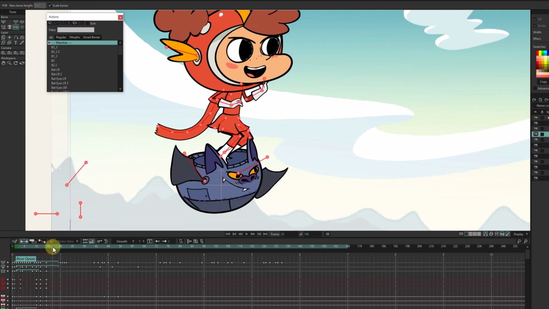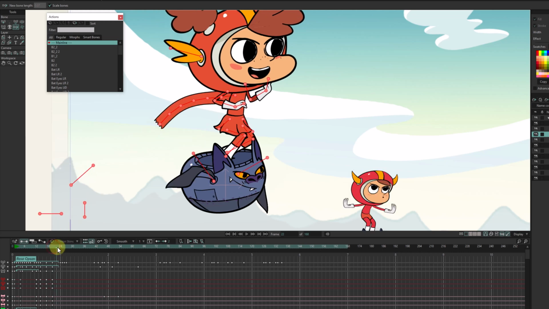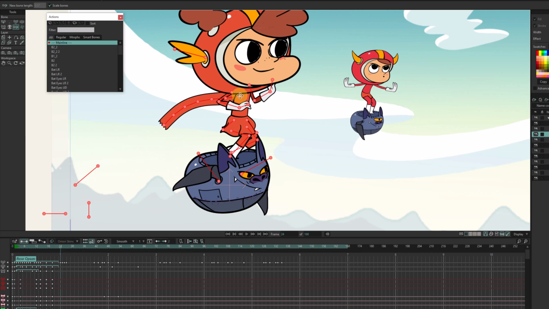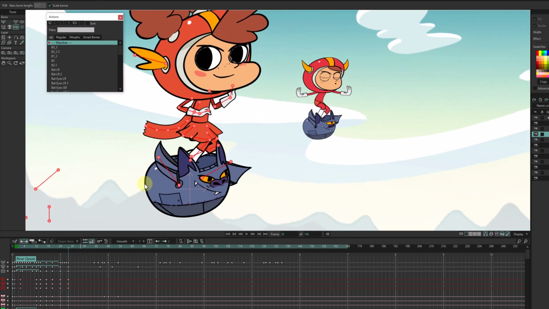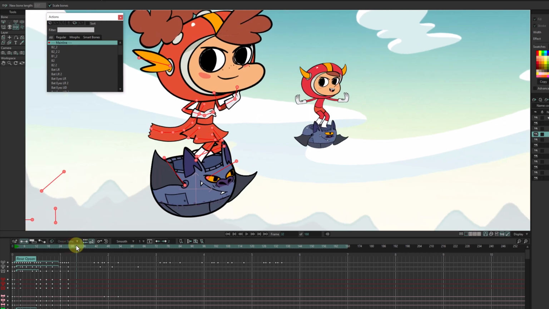And then at this point, maybe it's more like this, and then down here maybe it's beginning to bend as such. Still quite thick, and then